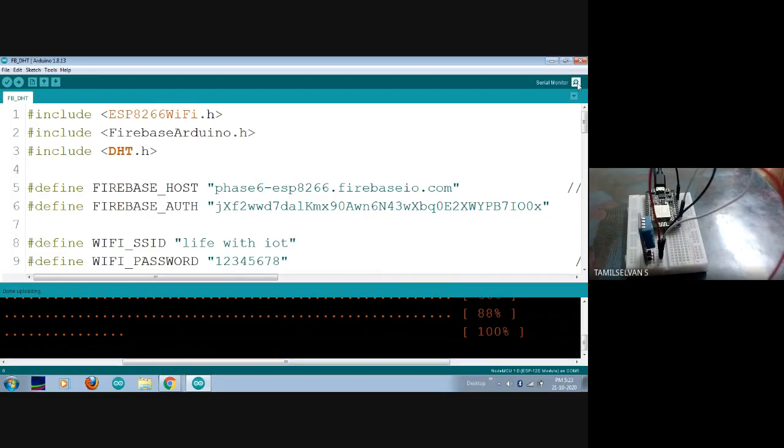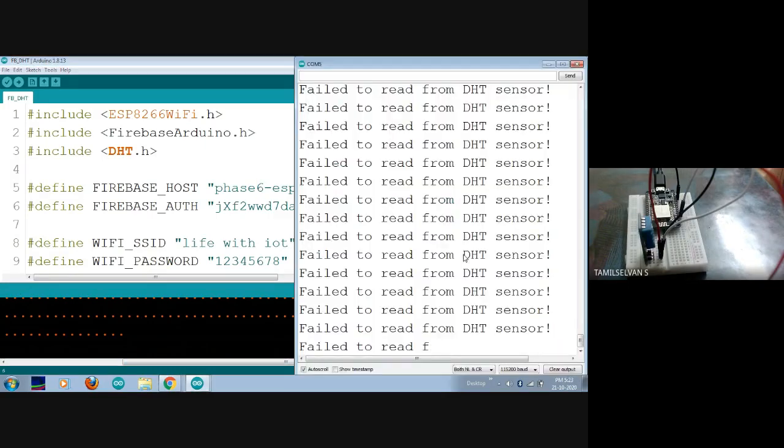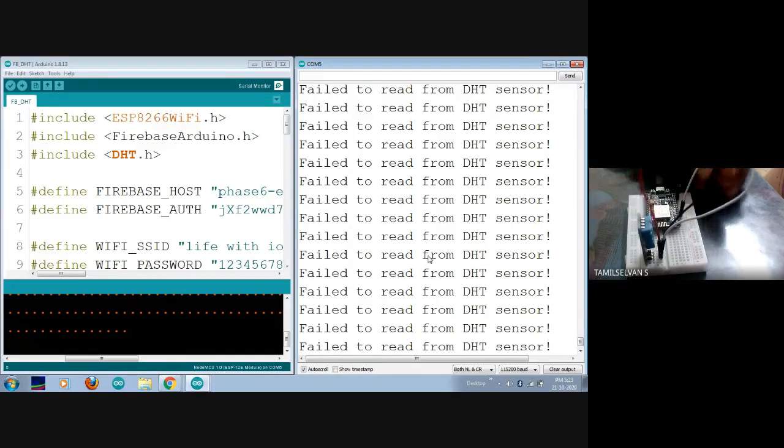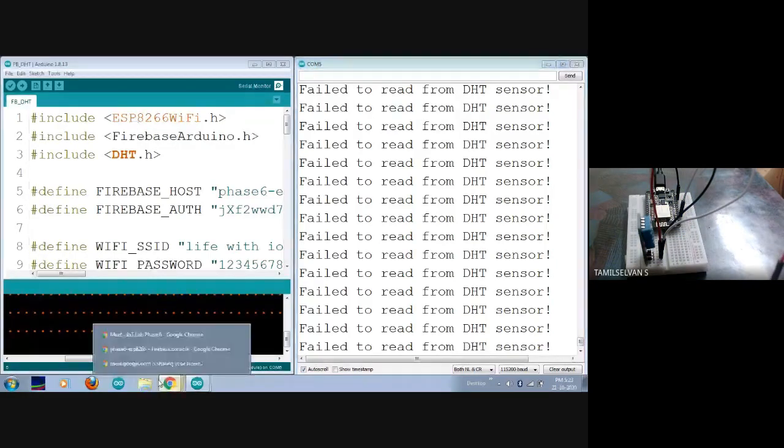So I'll be going to the serial monitor. And here you can see the status as failed to read from the DHT sensor, because I have not connected my DHT sensor's power supply. So now I'm giving the power supply. Before that, I just want to show you the status of the Firebase Cloud.